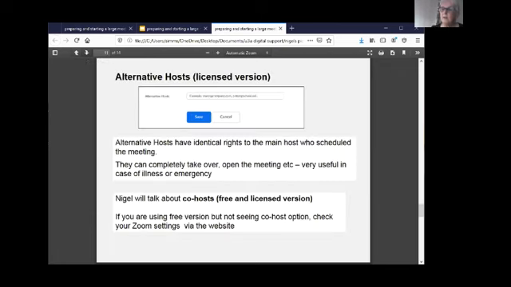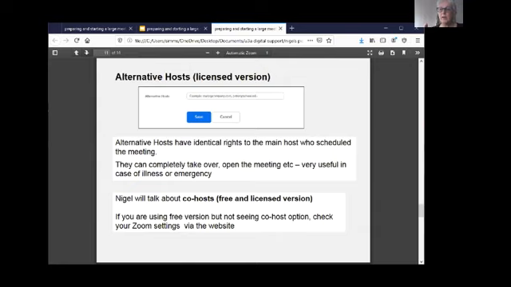You can also get people to help you. Now, the alternative hosts one is, the bigger your meeting, the more I would urge you to think about an alternative host setup. You buy your own license, so your $11.99, excuse me, plus tax or whatever, and then you can add people on. It's another $11.99 for each one, plus tax, okay? But those people, or that person, has parallel rights to your own.